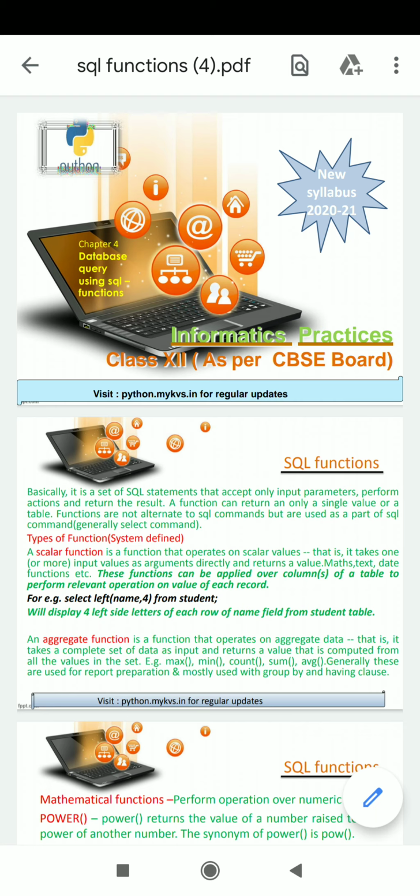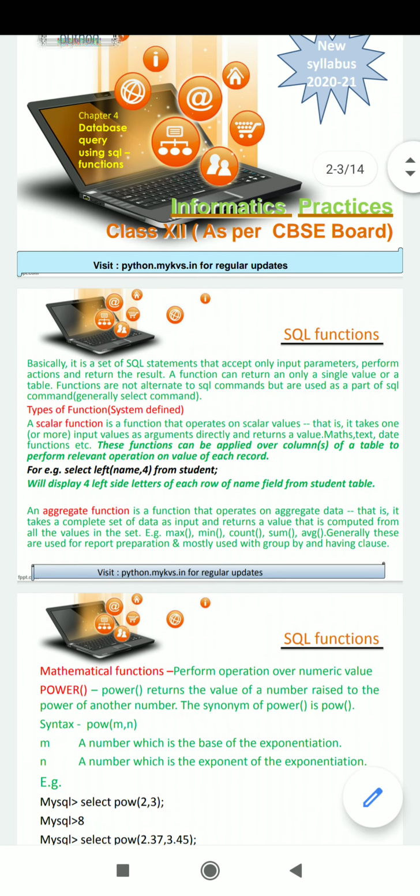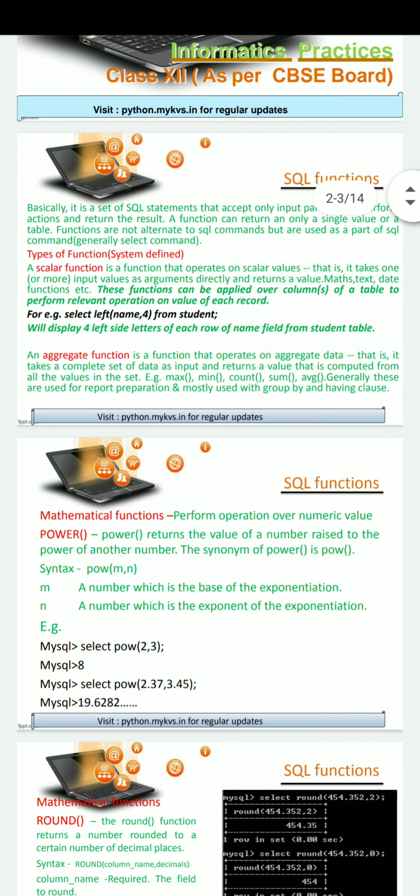Now the first part of the function I have explained, input parameter. Next, perform action. Perform action means as we pass the values inside the LEFT function, name and 4, it will not display the complexity of all the statements inside.